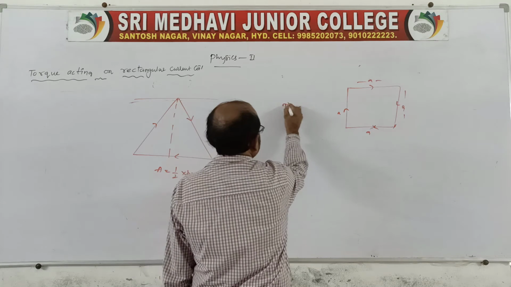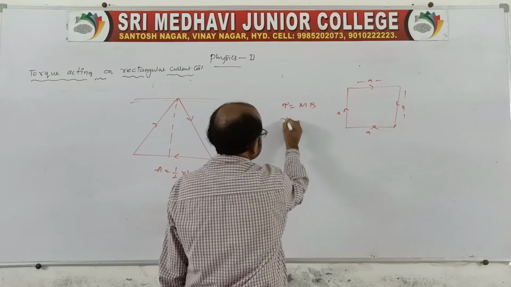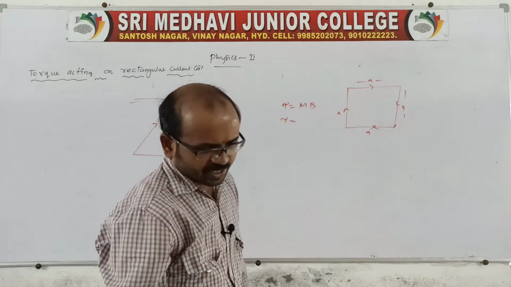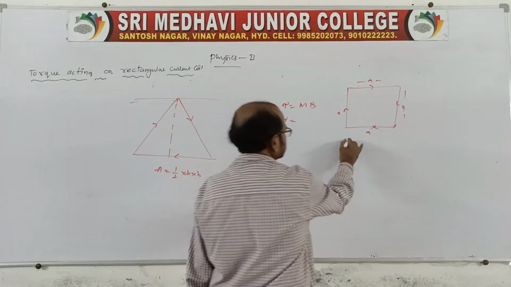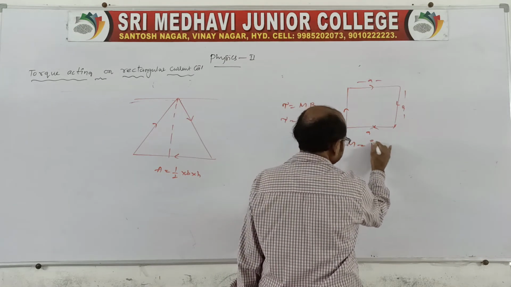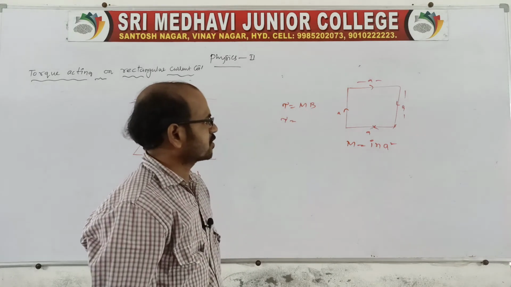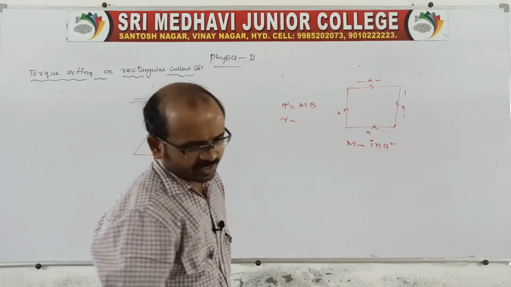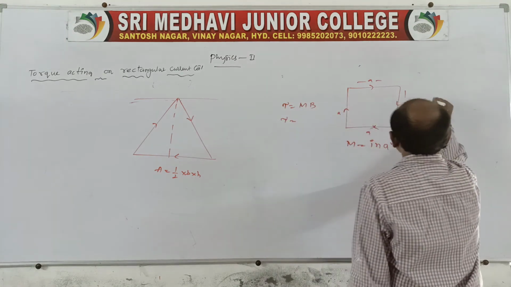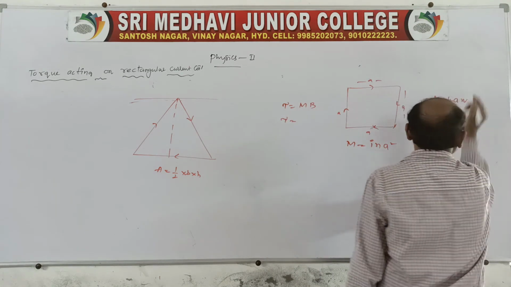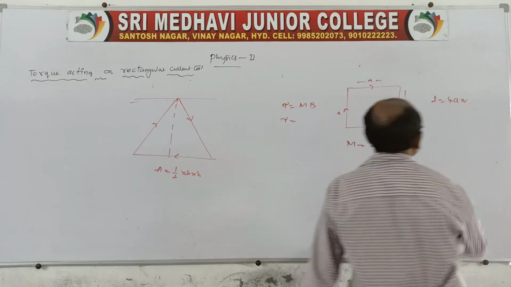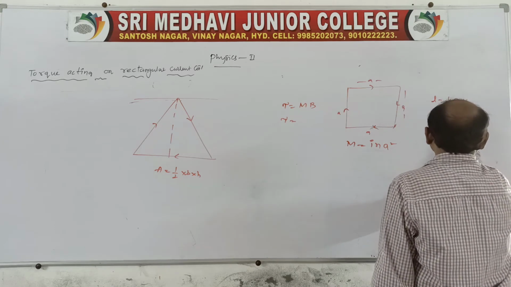Then suppose if I find MB, it is torque. So torque is nothing but MB. Capital M we need to find. Then capital M is nothing but NIA, that is N I A square, because area of the coil, no? Here area of the coil we need to find. Total length of the coil is L is equal to 4AN, right? N is nothing but the number of turns. Then A is equal to L by 4N.